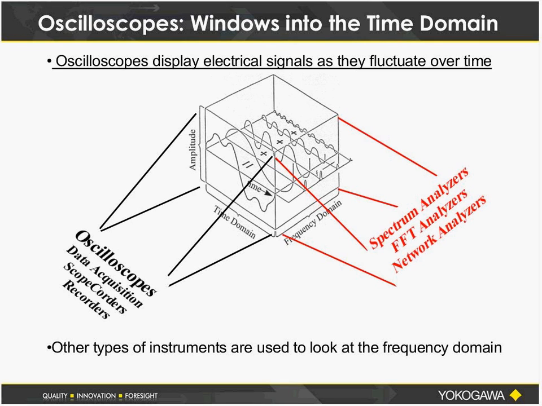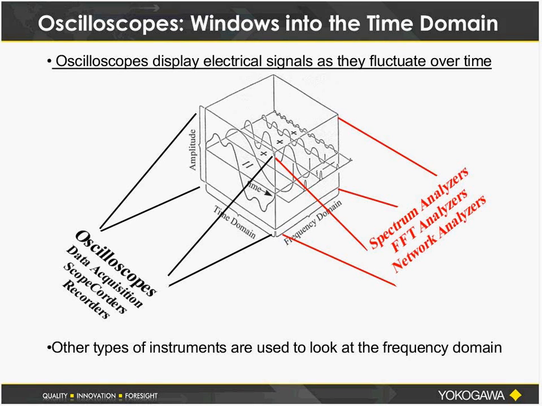And I do want to take a minute to mention that an oscilloscope is fundamentally a time domain instrument. So, of course, there are instruments out there that measure frequency and time, and other instruments in the time domain you may use also are things like data acquisition instruments, scope quarters, or electronic recorders or chart recorders. These are all time versus amplitude type of instruments. At the same time, basic